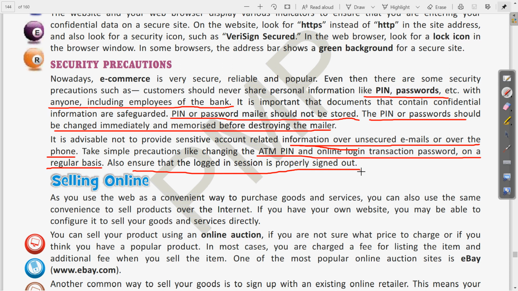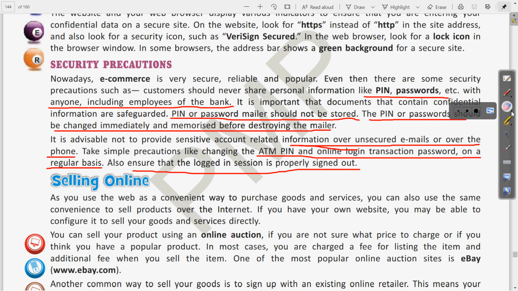And also whenever we are using any public place for doing these things, we should be extra careful, and it is even better if we can avoid the public place for doing these. Only personal devices are better to use whenever we are doing online or payment transactions. Clear? So these are all the security precautions which we have seen so that we can keep our data confidential.